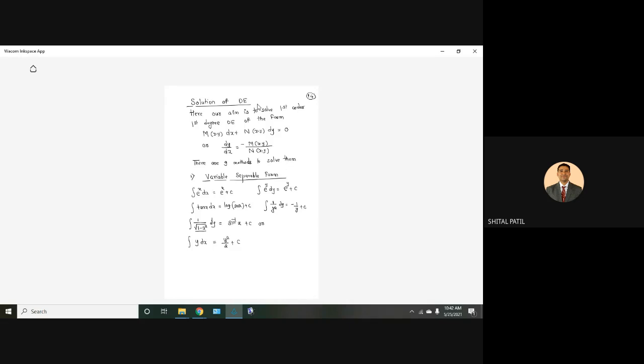What I am asking, how I have written it, is not the question. I want the answer of this. So you tell me what is the answer. Replace x by y? Where? No, I have written 1 upon root of 1 minus x square and dy. This is correct, the question is correct. I want the answer. Whether the answer is correct or not, that we'll see.